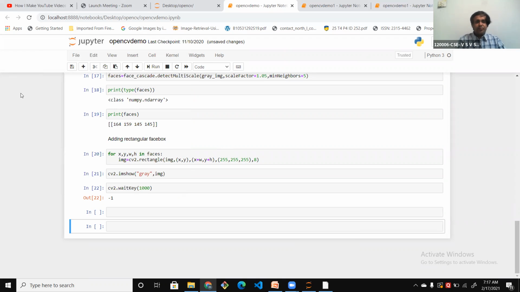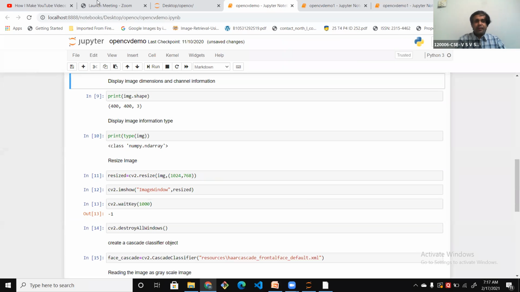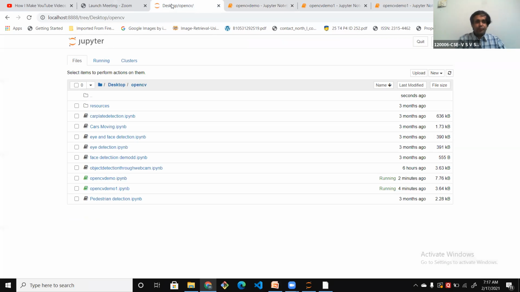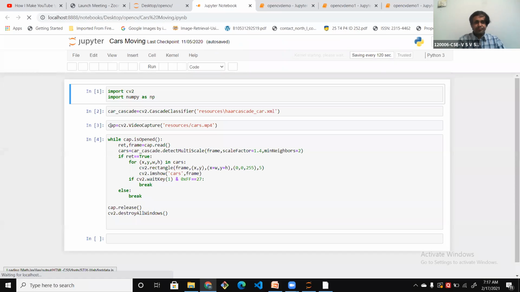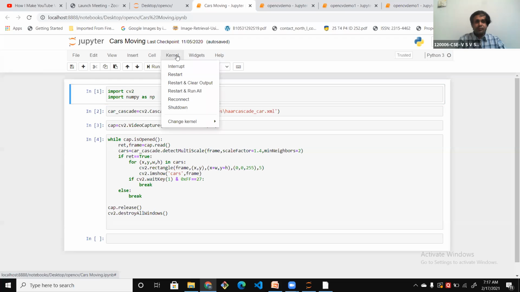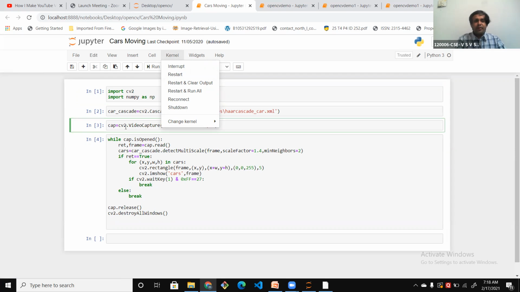Similarly, in the same way, we can detect objects in videos. For example, let us run this code. For detecting the object, this is the same code, but in place of an image, we are using a video as input.